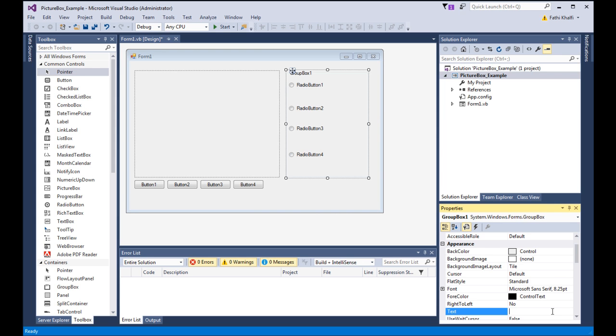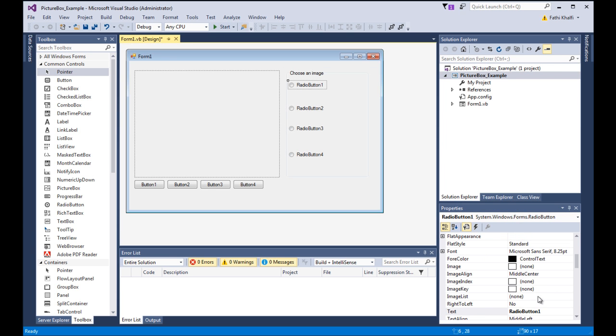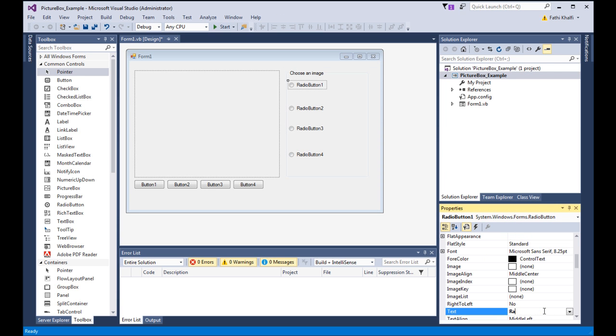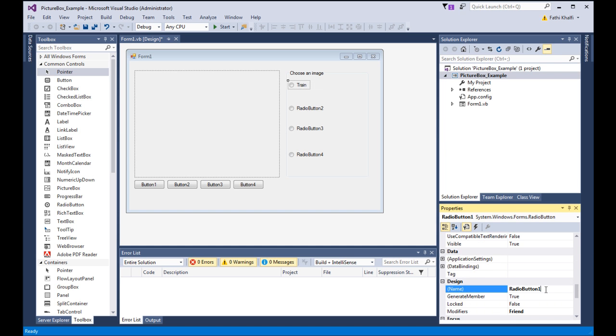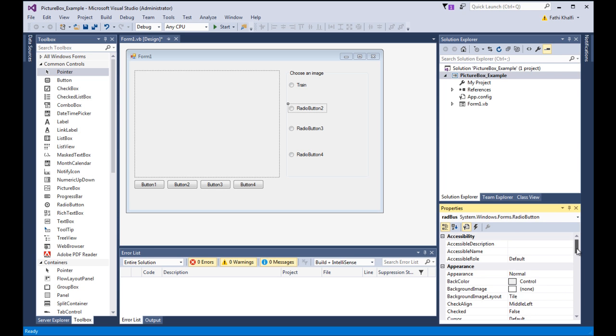For this one, I'm gonna say choose an image. For this one, the text property is going to be train, and the name property is gonna be rad train. RAD, that's the prefix for radio button, and I'm gonna say train. And this one is gonna be rad bus, and the text property is going to say bus,